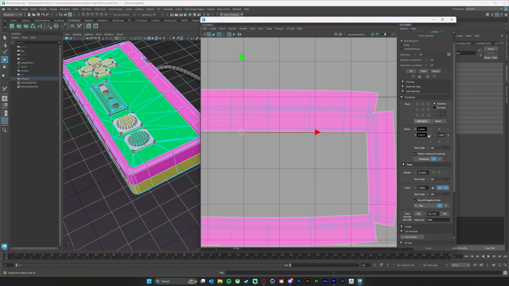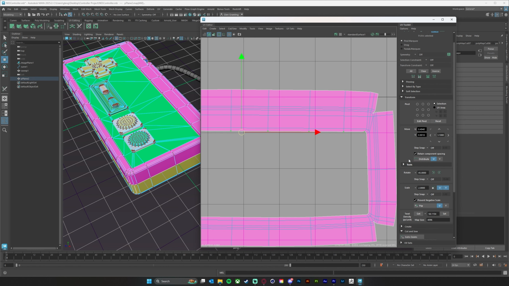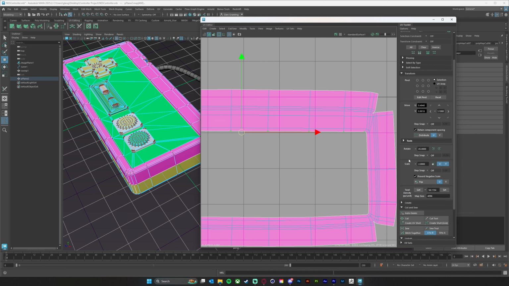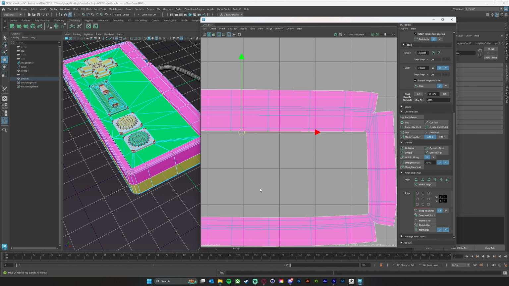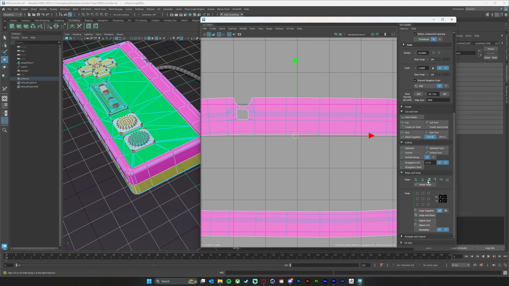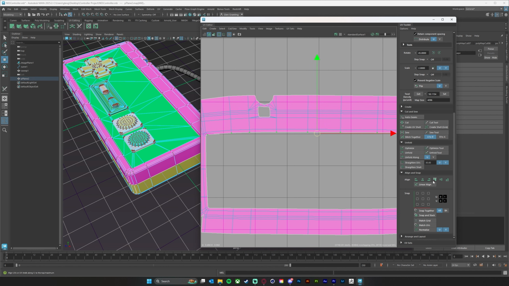And those are going to be under, if I can find them, Align and Snap. So here at the very bottom, I can align these to the bottommost